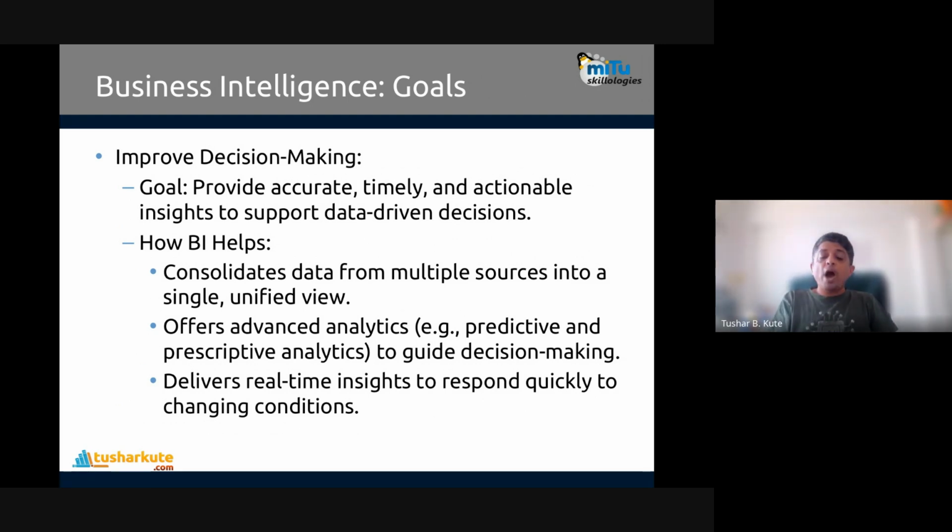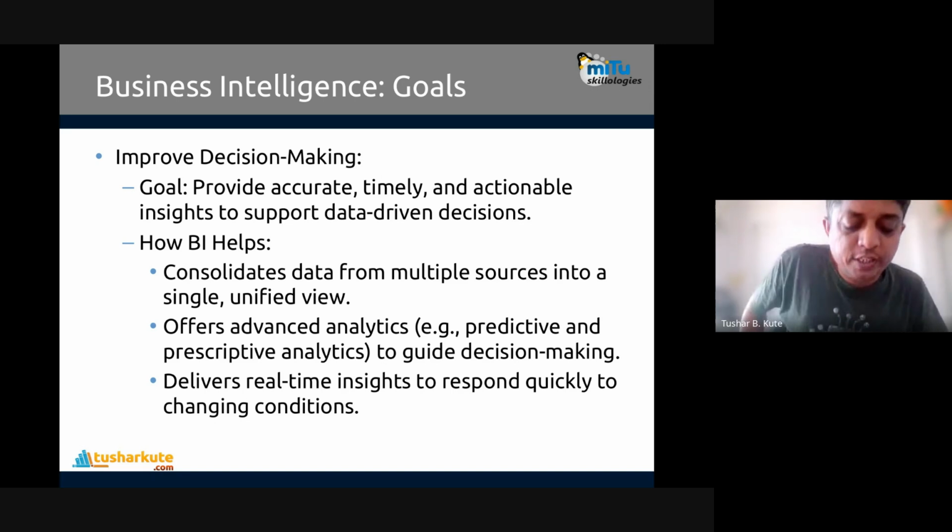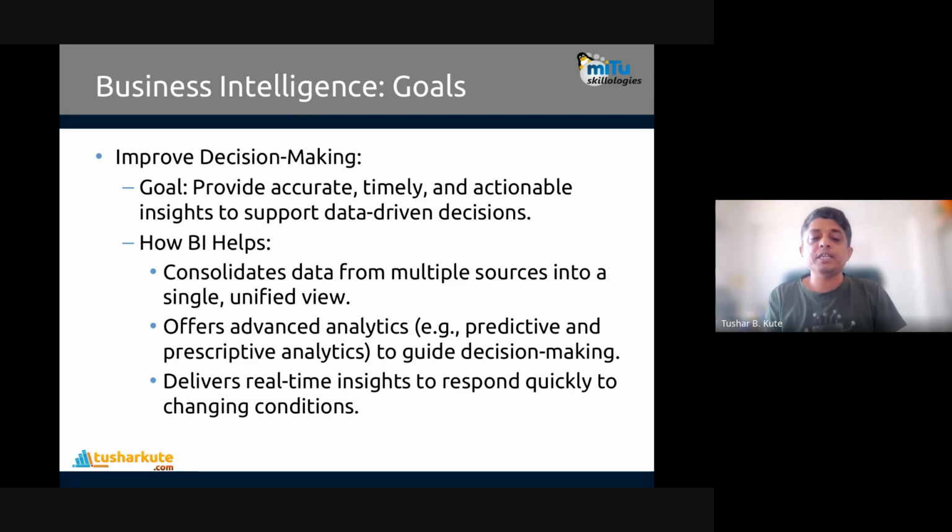Now, what are the reasons why these business intelligence techniques are being integrated? The reasons behind it we can call the primary goals of business intelligence application design. What are the primary goals? Many are there. Out of that, a few I will elaborate here. The first one is a very commonly used outcome,